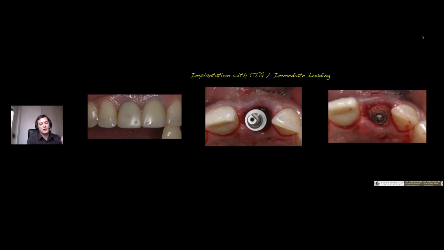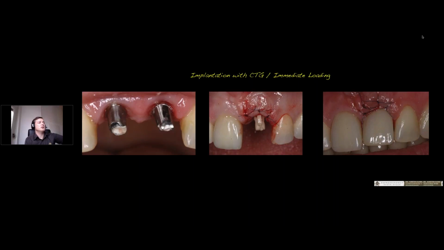You see after this, we're getting a very stable, big bone on the buccal side. This is very important, to see the right position of the implant, then to see the situation. The implant on the right side is an old implant, but we have to change it because of the old abutment. In my practice, we always use hybrid abutments,